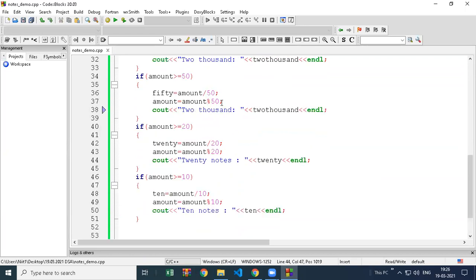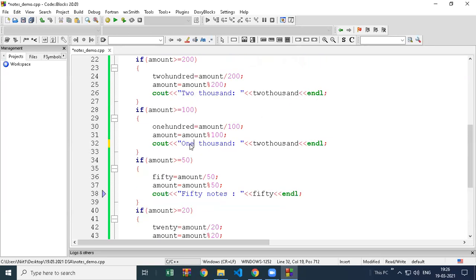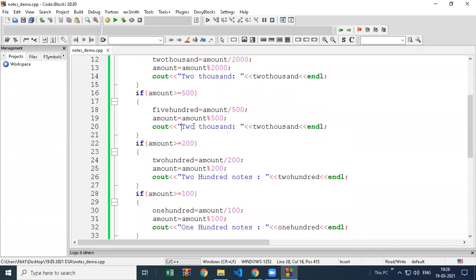Okay, so just check if I make any mistake here. 50 notes. 100. 200, then 500.